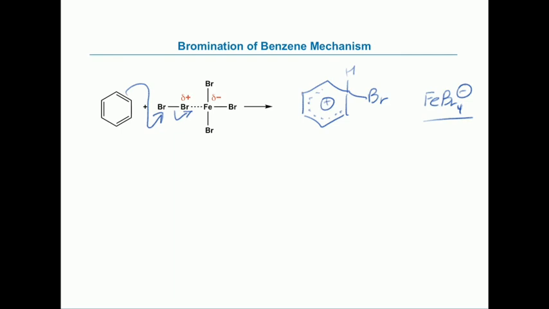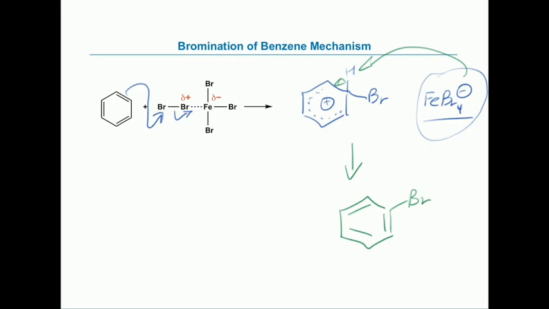So once we've got that, you can think of either the bromide or this complex itself as our base to regenerate our aromaticity. So we get HBr, FeBr3,